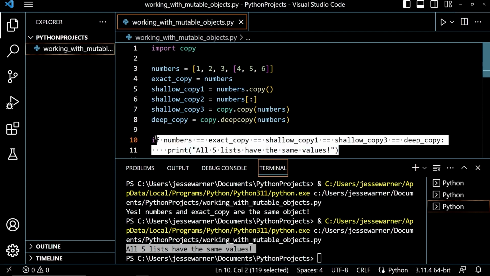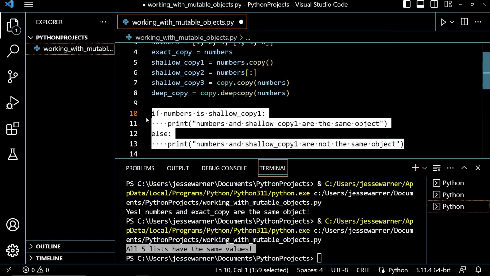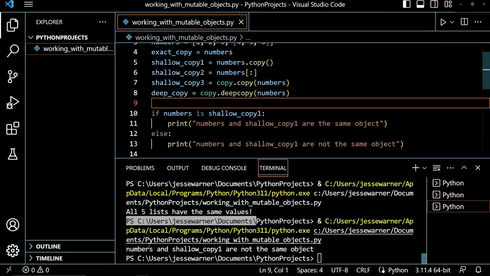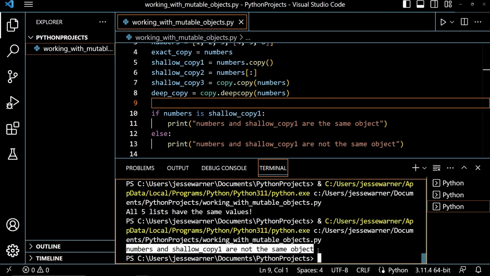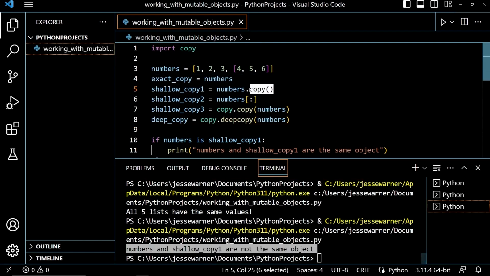And if I remove this, I can bring up some more code. This time I have an if-else conditional. And we're going to check if numbers is shallow copy 1. So are numbers and shallow copy 1 the same object? And if it is, it's going to print numbers and shallow copy 1 are the same object. Else, it's going to print numbers and shallow copy 1 are not the same object. And when I run this, we'll see that I get the output numbers and shallow copy 1 are not the same object. This is because we used the built-in copy method to return a copy of the list to put